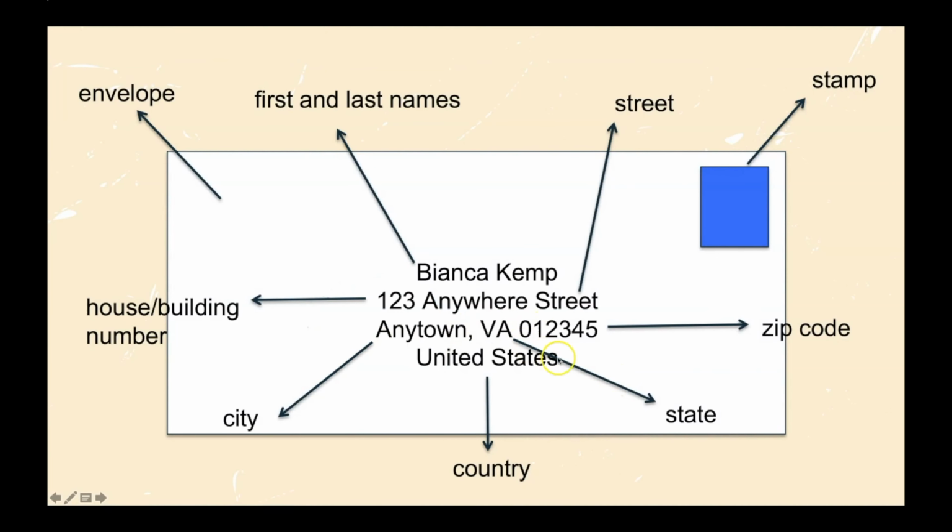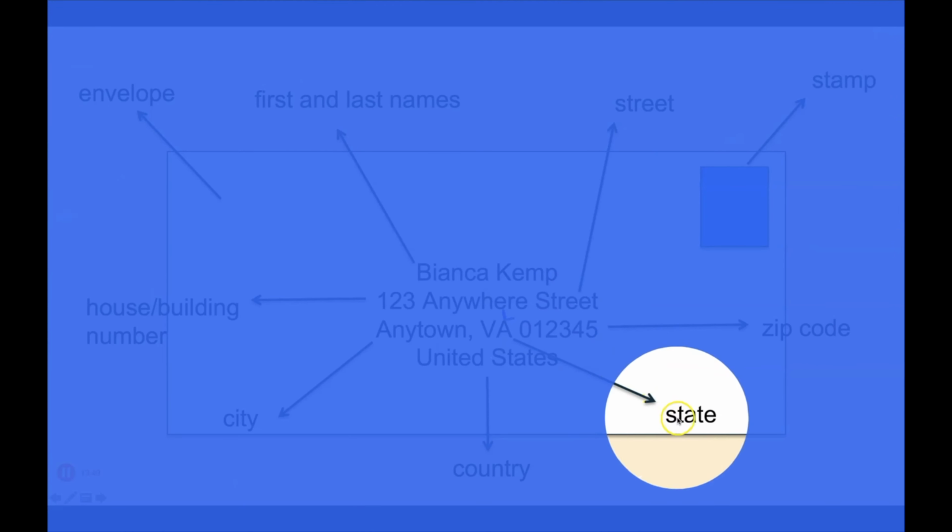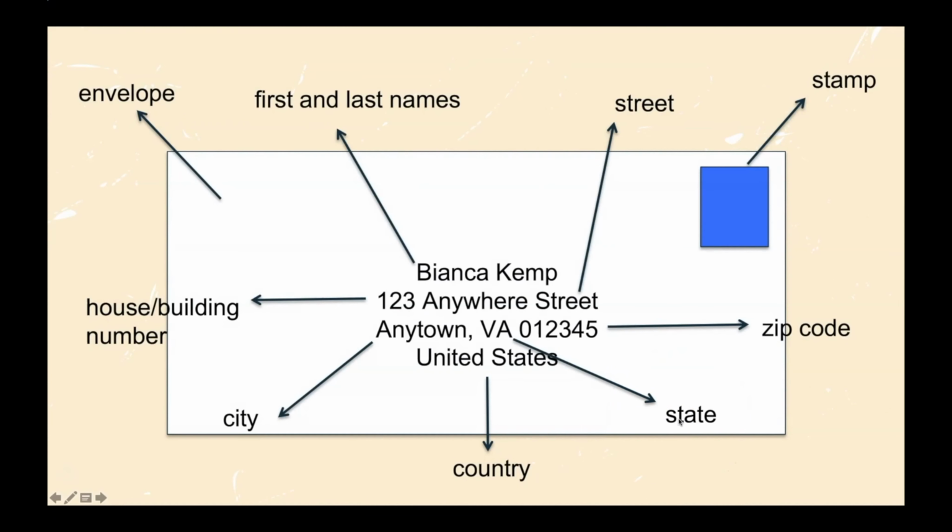And then here in the United States, we have these 2 letters. Notice they are always capital. Capital V, capital A. And these are for the state. In the United States, we have 50 states. Okay, so an address in the United States first has, on this line, the name of